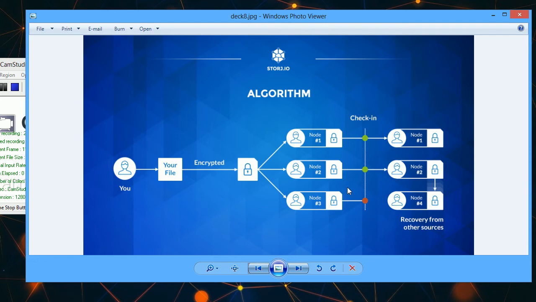The other part of that is this check-in algorithm. So we want to be able to verify, not trust, verify that node 1 still has our file or node 2 still has our file and they haven't modified it in any way. Essentially we do this by cryptography and a hashing algorithm. So we can pass a value to node 1 that they add to our file to get a unique value,